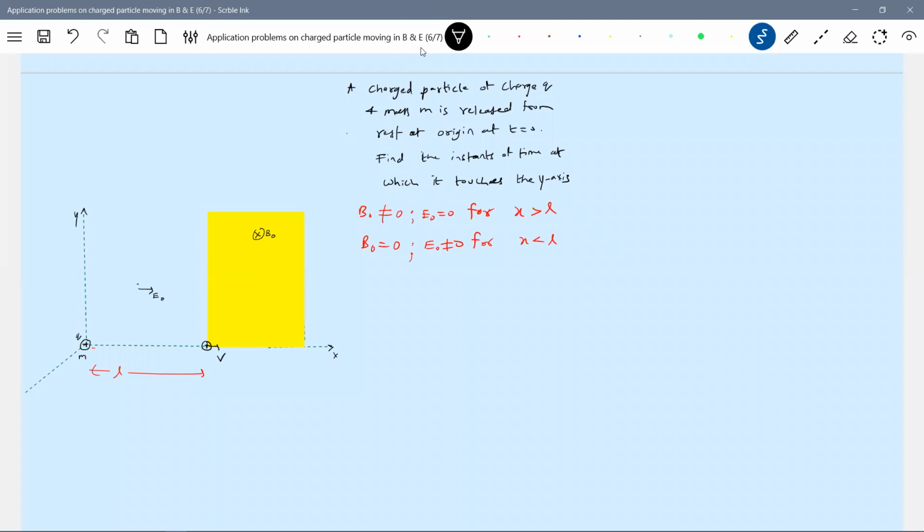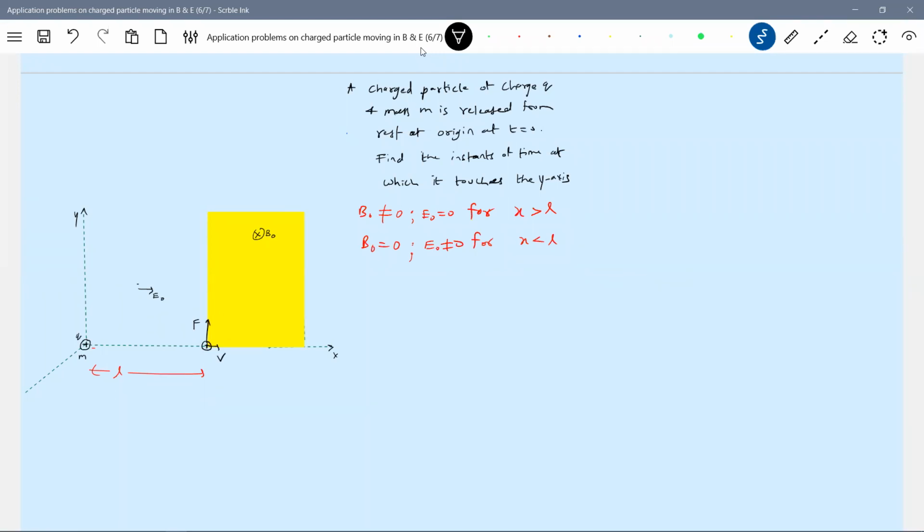Now, the very next moment, the field will be discontinuous. It means the electrostatic field will not exist here. The magnetic field will come into existence. Sir, is it practically possible for the field to suddenly go from non-zero to zero? Let's assume it, but practically it cannot happen suddenly. It has to decrease gradually, so we are putting in some approximations. Let's not bother about the real practical situation. On paper, the field suddenly has no electric field and the magnetic field comes into existence. By Fleming's left-hand rule, with B bar and velocity, the force will act vertically up.